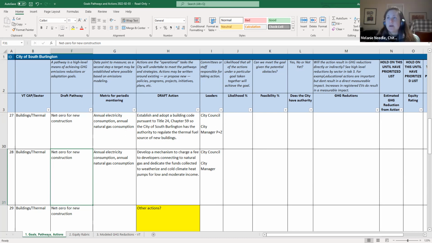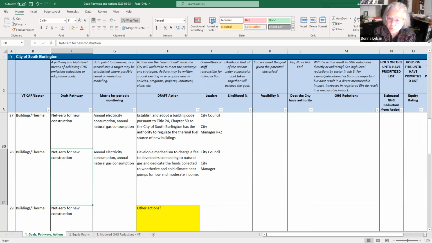Yeah, and so in my mind, I'm thinking that we'll do some work to model what level that gets us there, and the state has done that modeling as well. So they've done energy analysis to see how doing the energy code to net zero at 2020 or 2030 is going to get them to meet the goals. Yeah. Melanie, one of the things you really have to watch out for is that the state as a